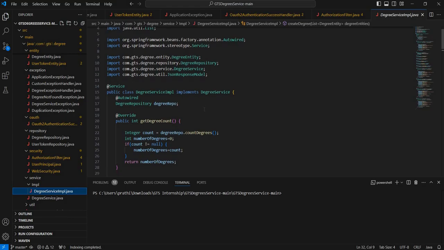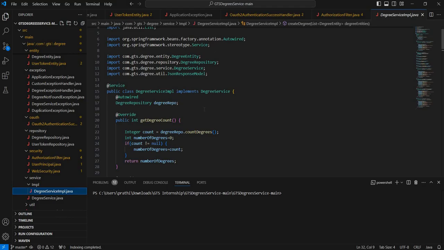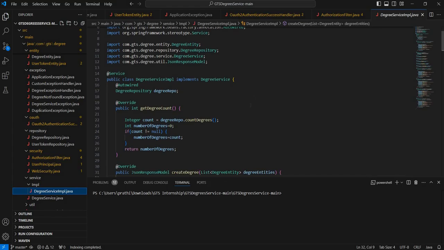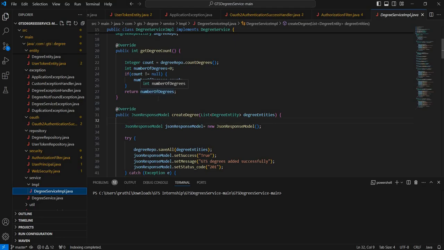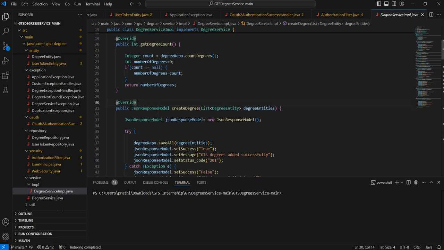The Service annotation makes the class an eligible component for scanning and dependency injection, and also this DegreeServiceImpl helps to manage operations related to the degree and interacts using the degree repositories. It contains the degree information. Here we use getDegreeCount, which returns the number of degrees, and we use the JResponse model. This model indicates the success or failure of the application